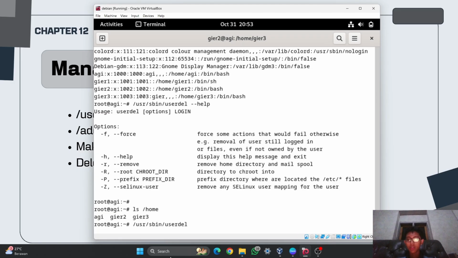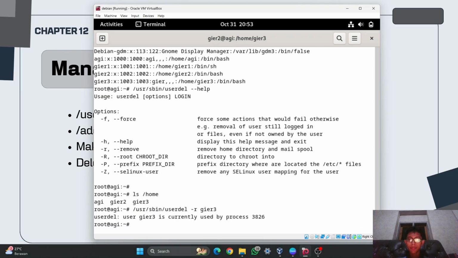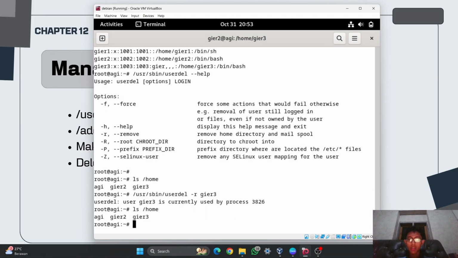It is like this, userdel and then -r, and then I will delete GR3 and enter. And if I check again, the user GR3 is currently used by a process.